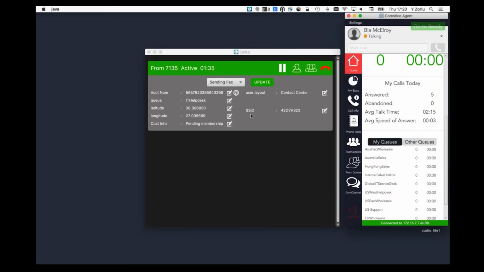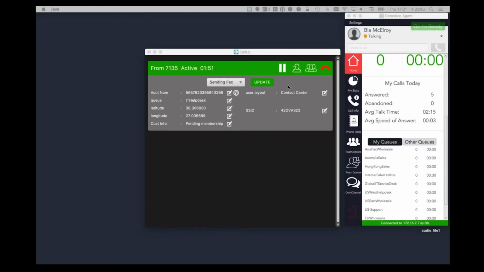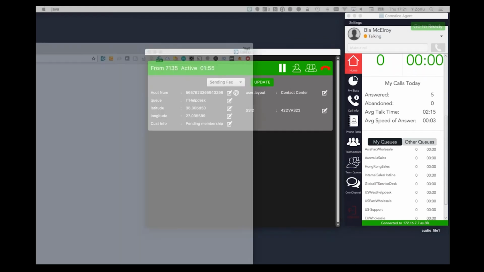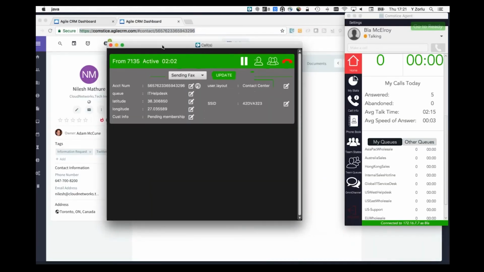And another thing is what happens if we need to see the CRM details of this customer. What does the CRM integration look like? I'm already logged into the CRM interface here. I'm just going to click on this CRM icon, and as soon as I click on it, I should see the CRM details of the customer here. So as you can see, this account number corresponds to the